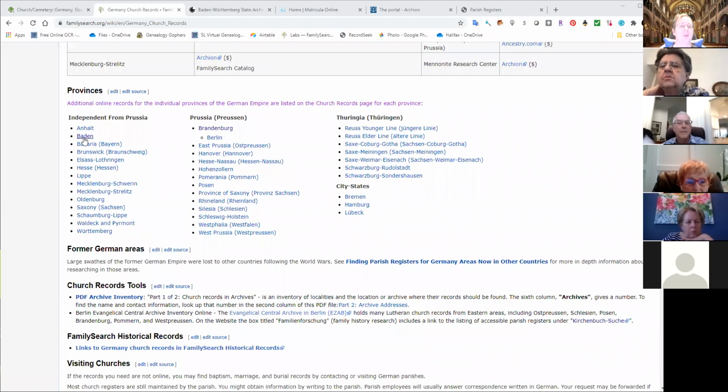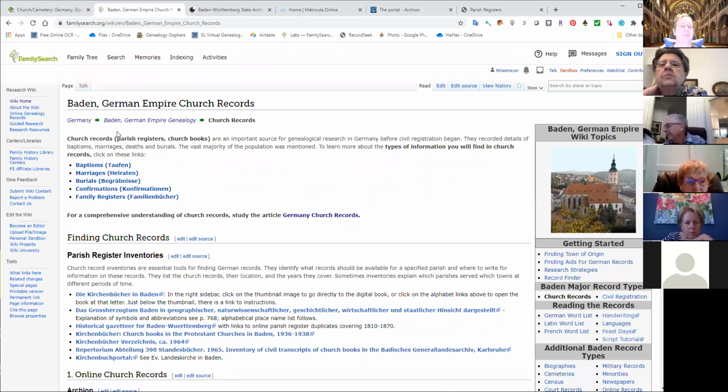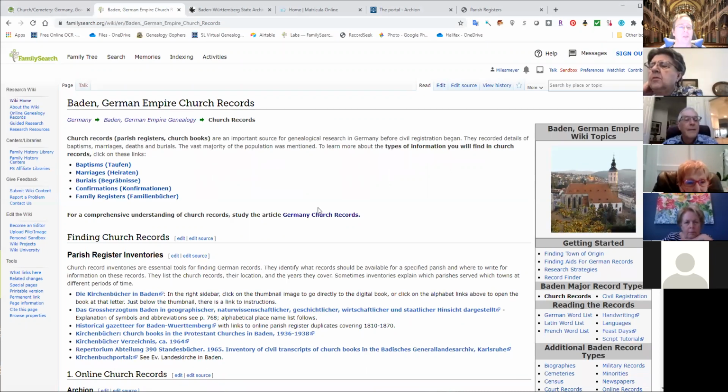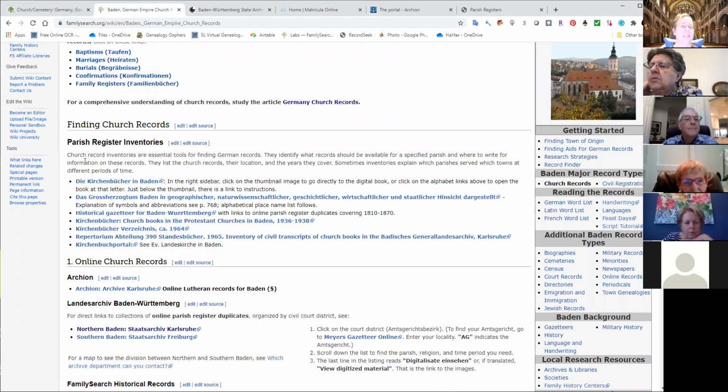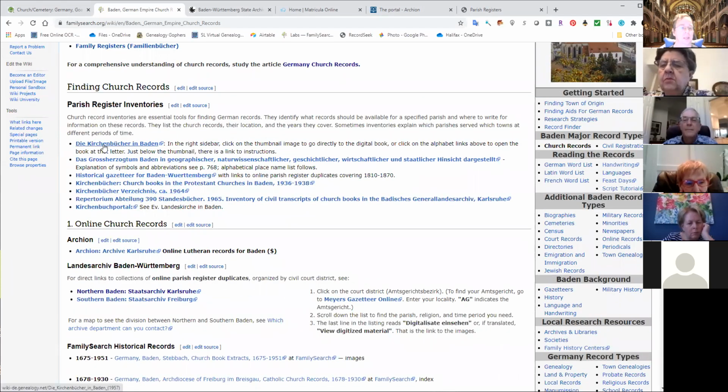So I want to show you an example here of Baden. If I click on Baden, it's going to open up the page for the Baden Empire Church records. Now I've gone directly into the Baden page on FamilySearch, and I can get information on baptisms, marriage, burials, and so on. But then it tells me how to find the church records. So now it's giving me web pages that are going to help me find those records. Okay. And so if I'm going to go to this one here,